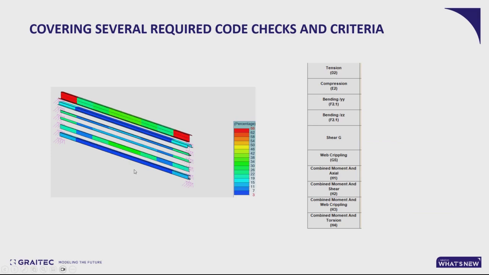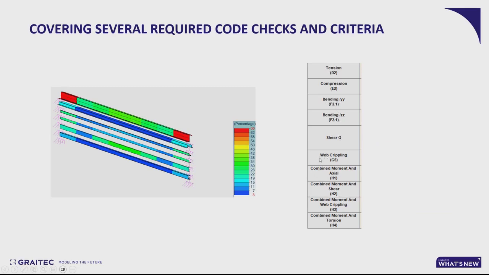What type of code checks we do for sections, as you see here. So we can check for pure tension, pure compression, bending Y direction, bending Z direction. So basically strong and weak axis bendings for shear, and as well web crippling will be checked for all of